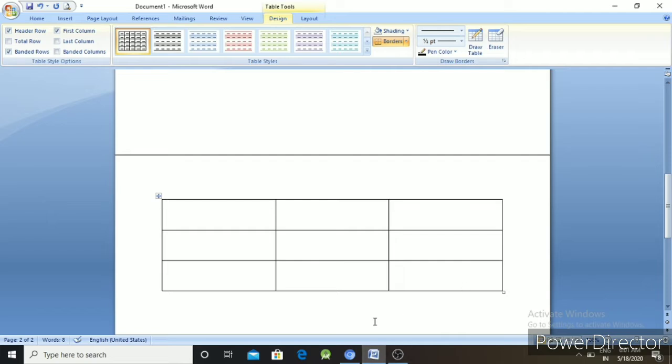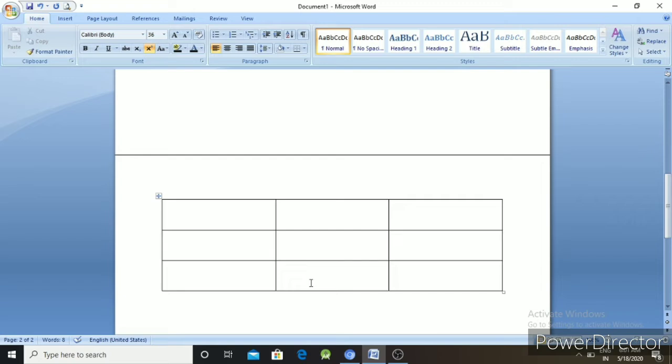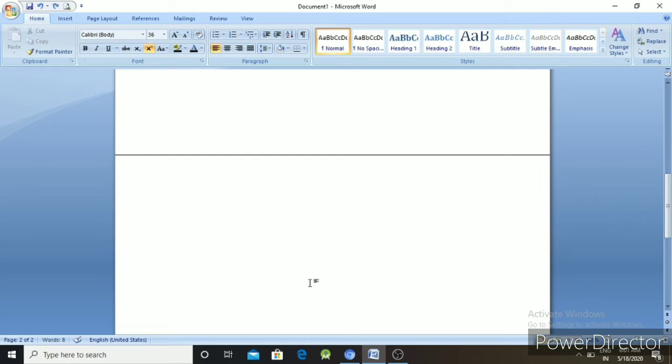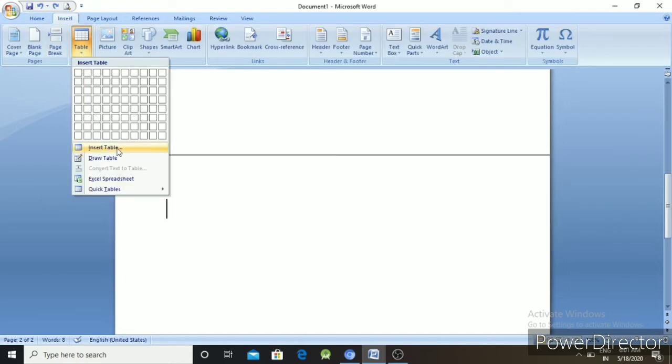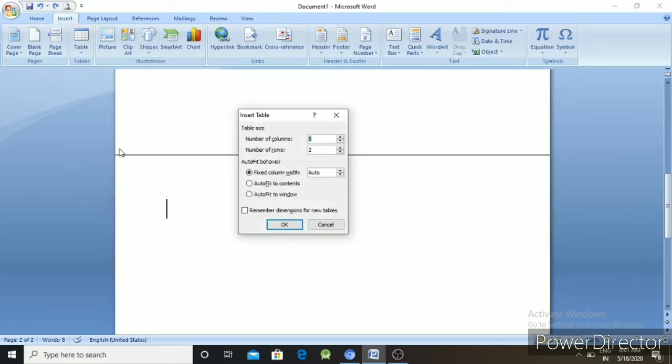The second method: Ctrl Z, and we go to Insert Table. Click on it, and a dialog box opens.